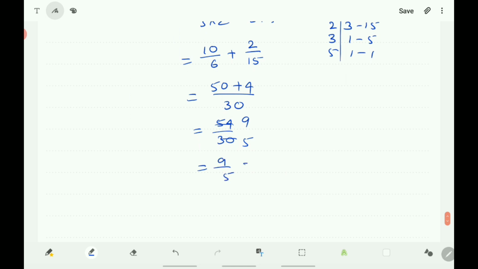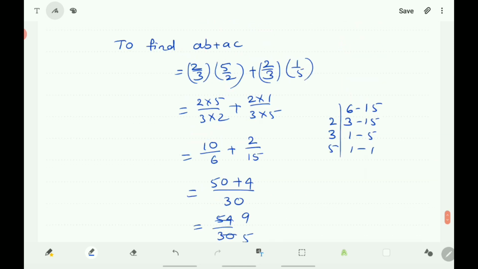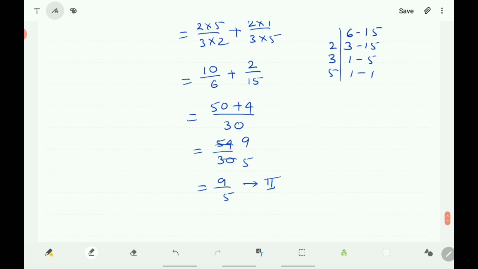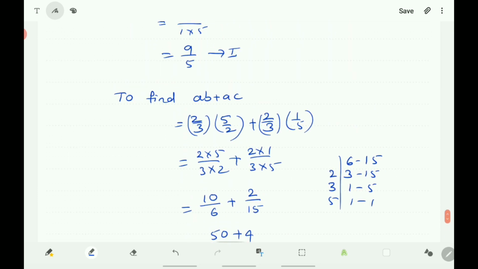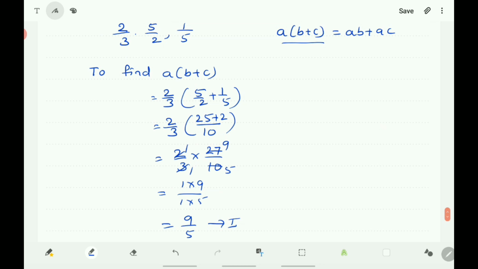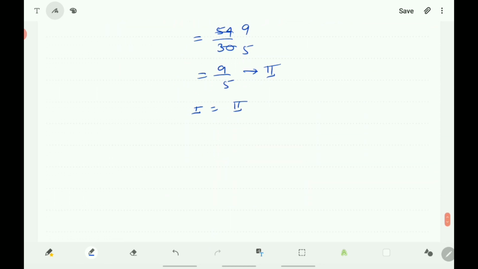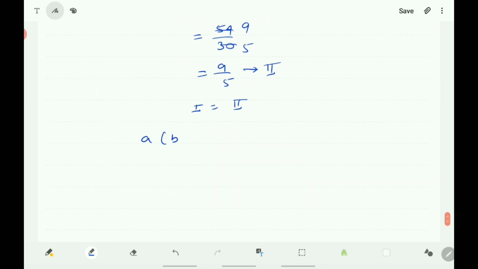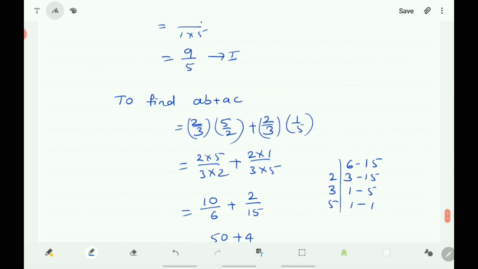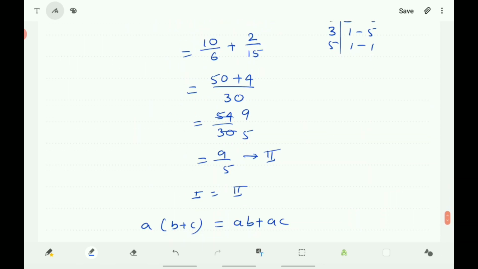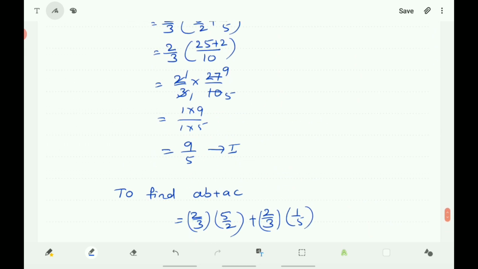So here, second, and observe the first result and second result, both are the same. That is, first is equal to second. First is A into B plus C, that is the LHS here. Second is AB plus AC. Therefore, you can say that in terms of the numbers you can write